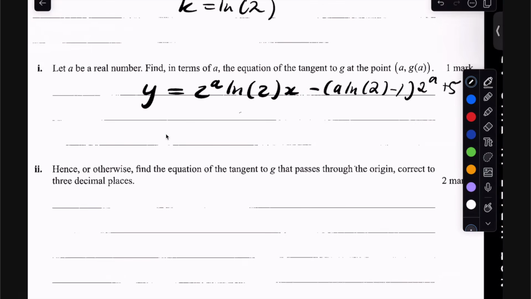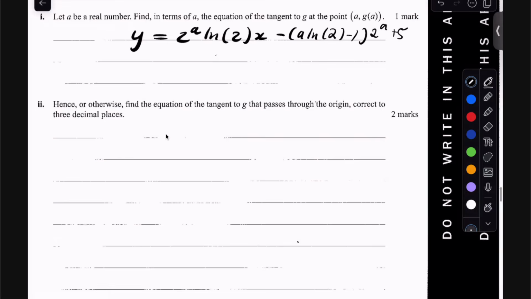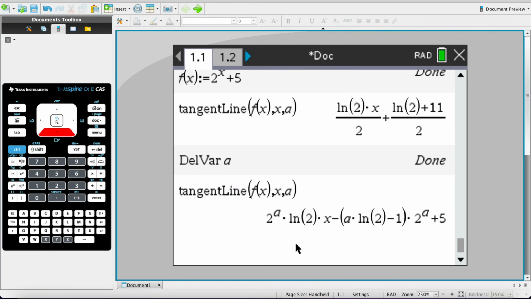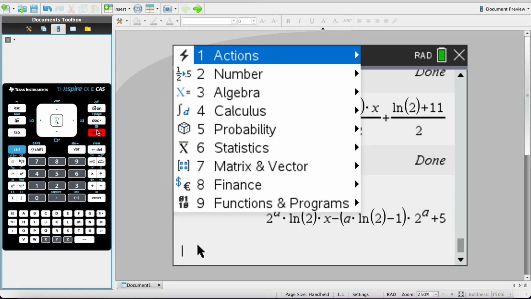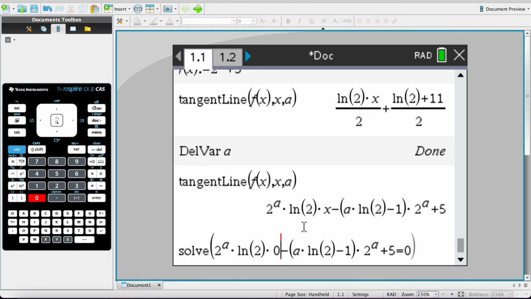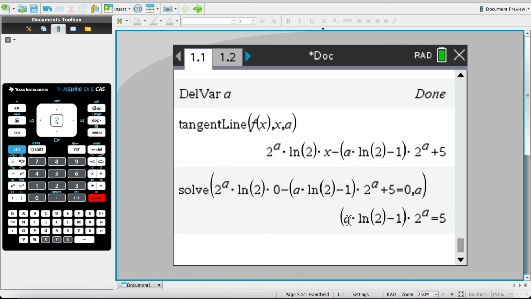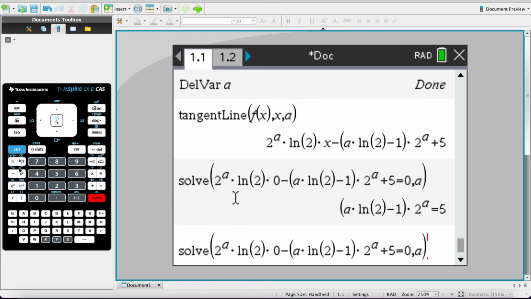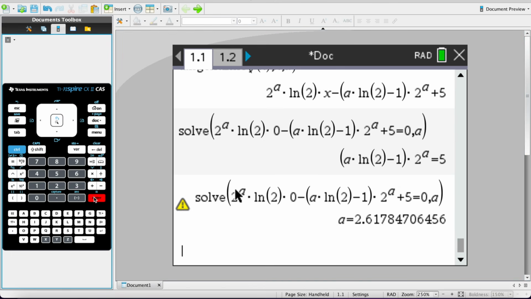Hence or otherwise find the equation of the tangent to g that passes through the origin. So sub in 0, 0. Then you get menu 3, 1. This is equal to 0, and you can put in 0 there, and you're solving for a, and you get, that didn't work for you. Oh, it's to 3 decimal places. So you can just solve this to 3 decimal places. You get a is equal to 2.618,